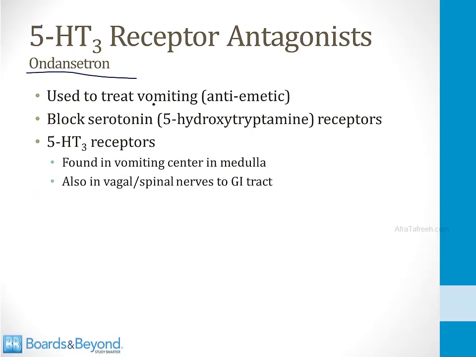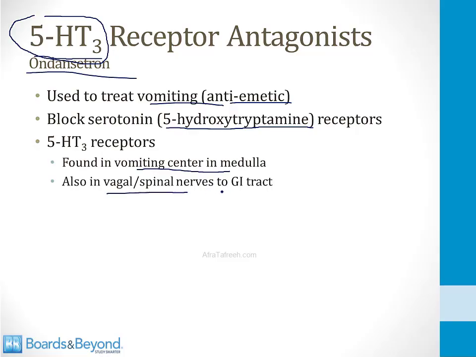Ondansetron is a drug used to treat vomiting. It's called an antiemetic. It blocks a specific subtype of serotonin receptors called the 5-HT3 receptor. Serotonin's formal name is 5-hydroxytryptamine, so 5-HT3 is the serotonin subtype 3 receptor. And these receptors are found in the vomiting center in the medulla. They're also found in the vagal and spinal nerves to the GI tract, so if you block these receptors, you